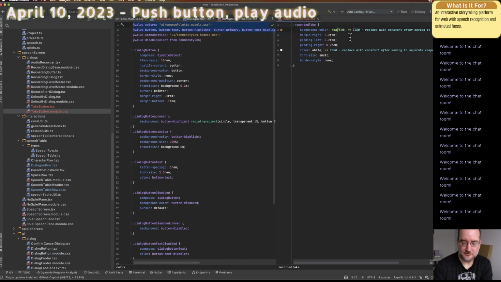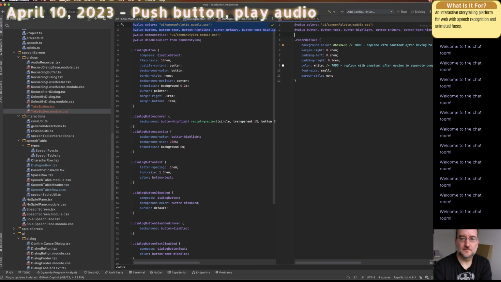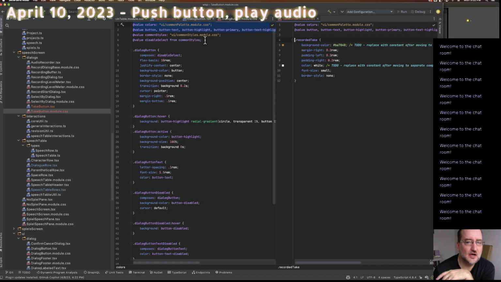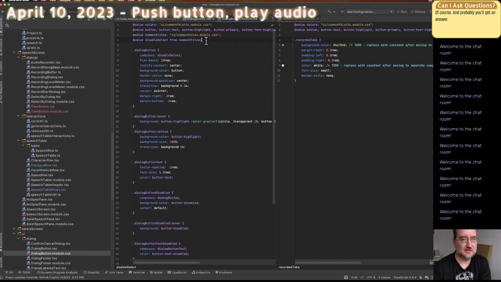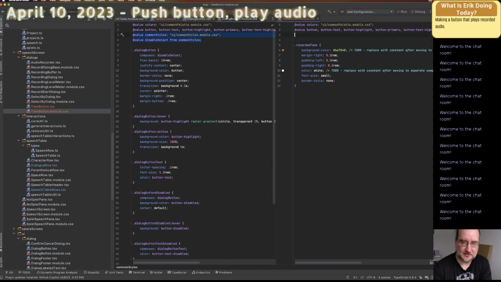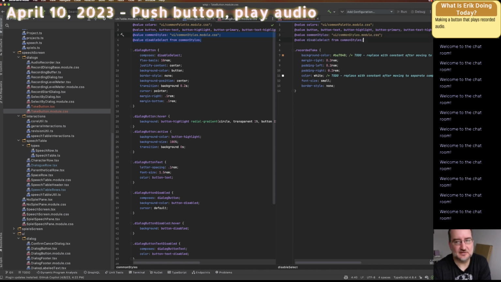These are my color swatches. My reusable color constants. Dialog button composes. Disable select, really? Oh yeah, because you don't want it to be possible to mouse over the text on the button and cause it to be highlighted like you're selecting the text. So that's a good one to add to it. Okay,